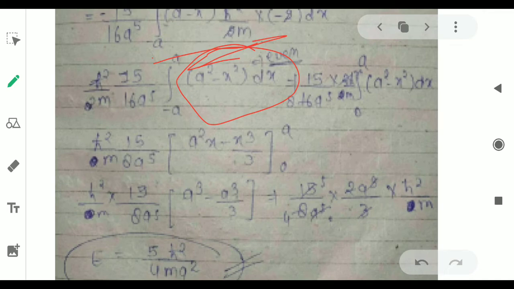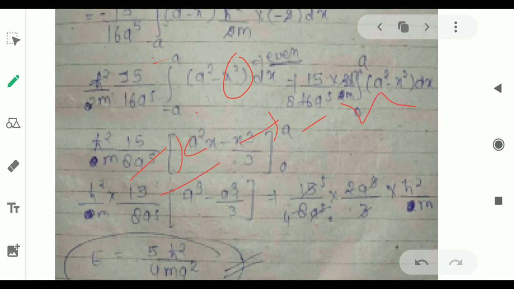How did we get to know it is an even function? Because here we have x square. If we put a negative value of x and find the negative of the function, it is called an odd function. If we put negative x and find a positive value, it is called an even function. Here we put negative x and we find positive because of x square, so it is an even function. For an even function, you already know we can change the limit from minus a to a into 0 to a by multiplying by 2. So I have changed the limit to 0 to a by multiplying by 2.